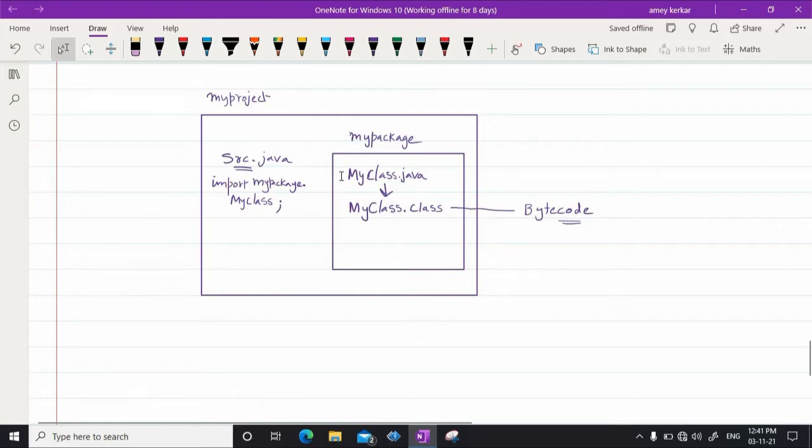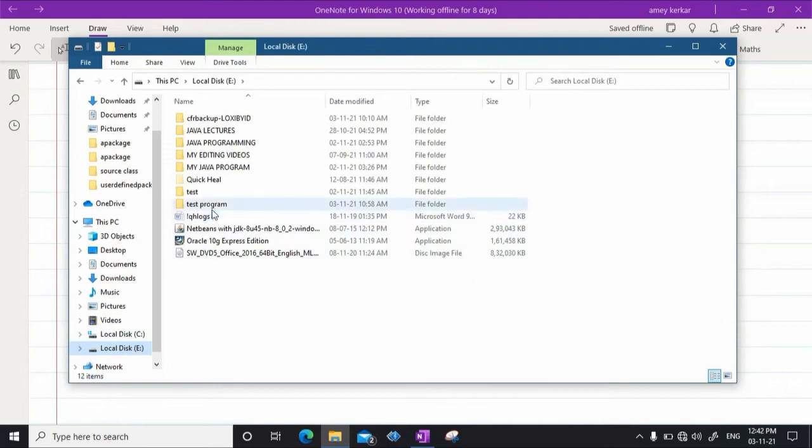So unless I declare this class as public, it will not be visible outside its own package. Similarly, suppose this my class.java has one method that the source.java is going to call. That method also we will have to declare as public, so that it can be accessed from outside its own package. So with this particular understanding, let me write a simple program, and I create a folder